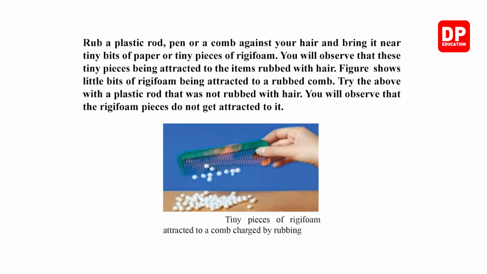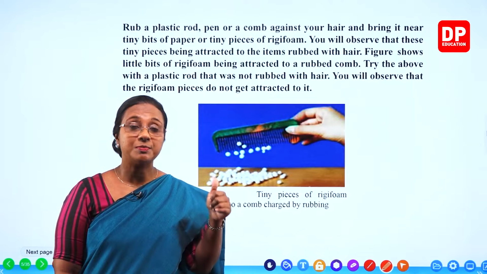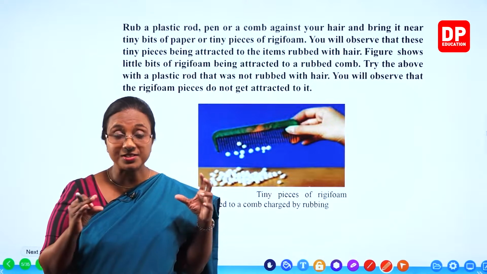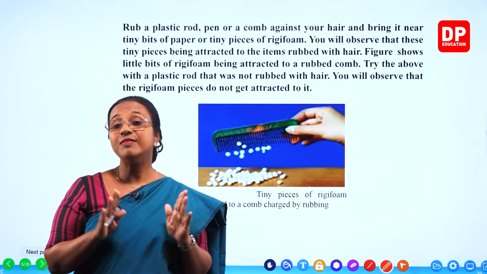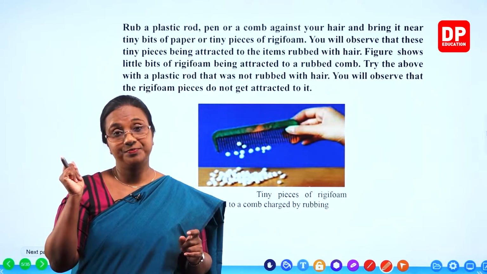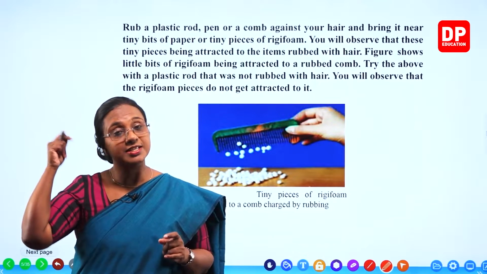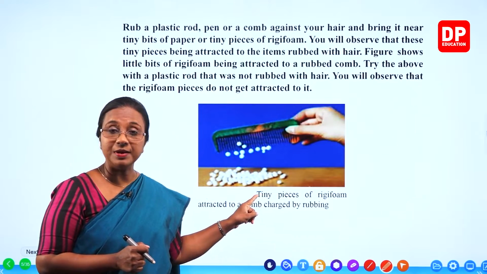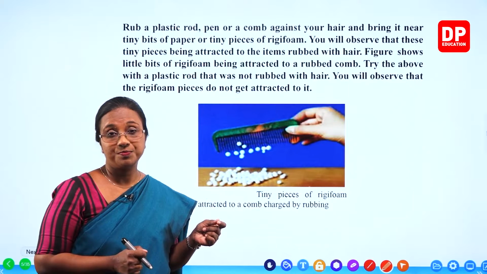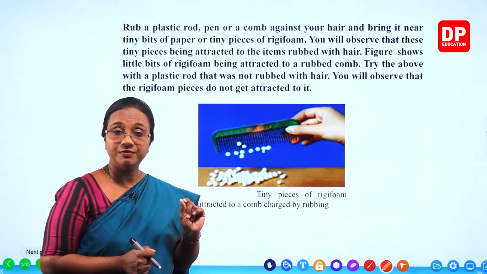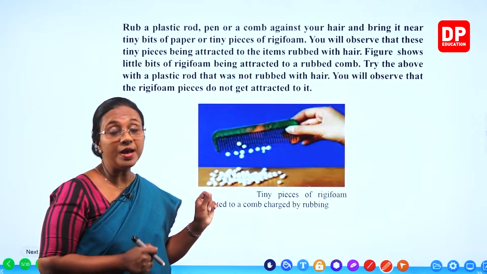So another example. Again, look at the diagram first. Now here there is a comb. Now you can use a plastic rod, a comb or a plastic ruler. Anything, you take a plastic object and you have to have very dry hair, not oily hair, and you rub the comb on your hair. You can either keep on combing it or you can just rub it. And then you hold the comb near tiny pieces of paper or tiny pieces of Regiform. And there also you will see that the tiny pieces of paper or Regiform get attracted to the comb that was rubbed